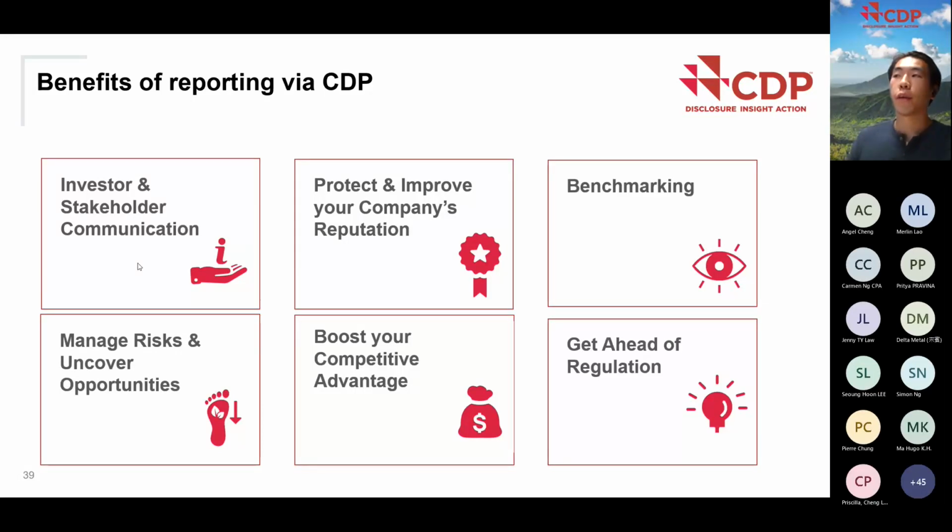So if your organization has never disclosed to CDP, then I believe you will be able to enjoy all these benefits here. Actually, if you have already disclosed to CDP, you can enjoy this as well. If you join these collaborations, then you will be disclosing to CDP, and by working through the questionnaire, as I've mentioned, you will be able to identify any risks and opportunities